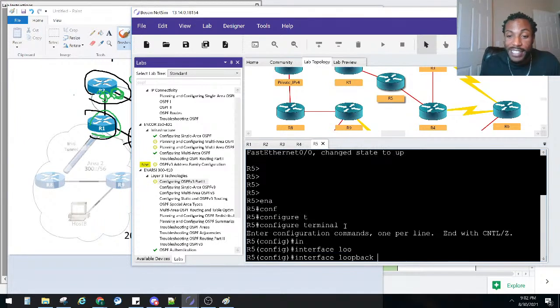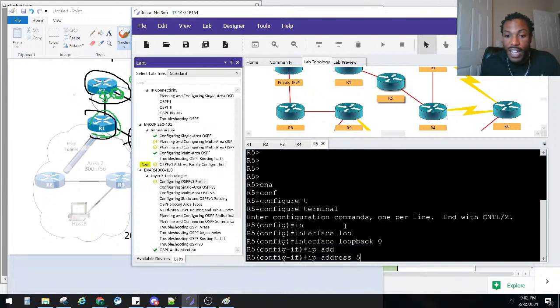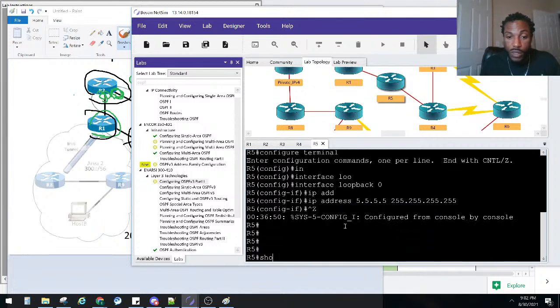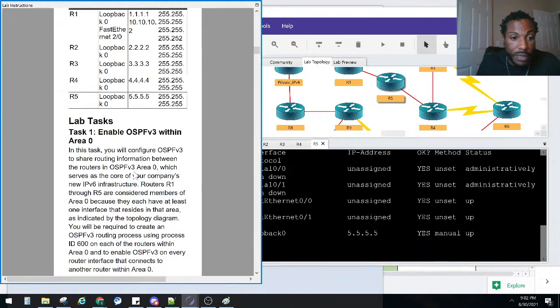Interface loopback 0. IP address is 5.5.5.5/32. Right? Y'all with me so far? And let's just do a show IP interface brief. And he got the 5.5, so he should be good to go. The next couple steps they want us to do here